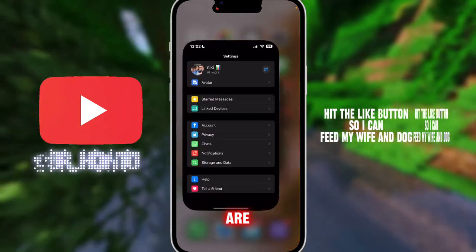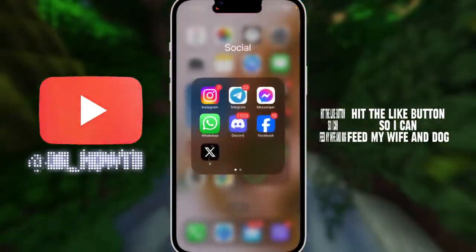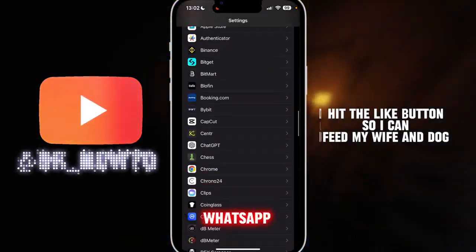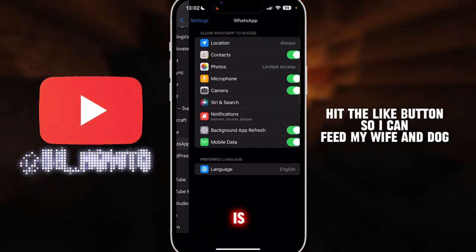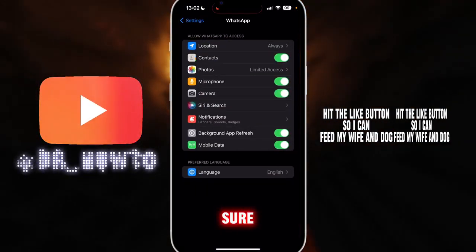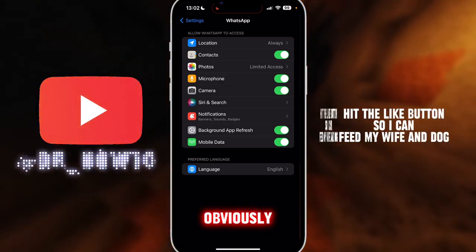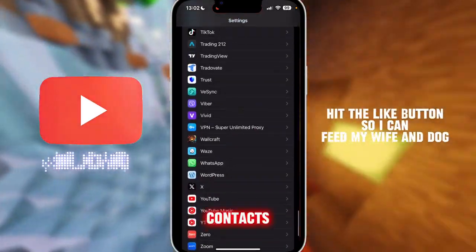So if you are having the contacts not showing issue in WhatsApp, what you want to do is go over to your settings. You want to go down and find WhatsApp, which will probably be down below because it's WhatsApp. Here it is. You want to click on it and make sure that the contacts option right here is toggled on. If it's not, obviously your phone will not allow WhatsApp to access your contacts due to